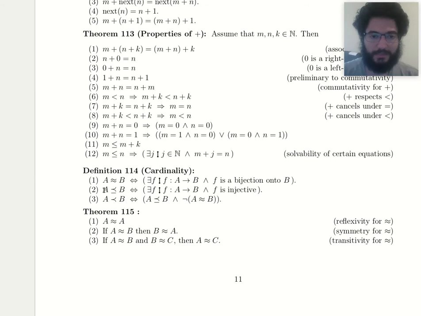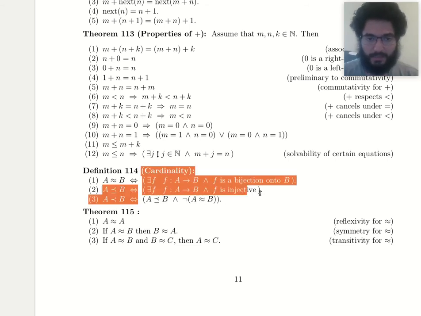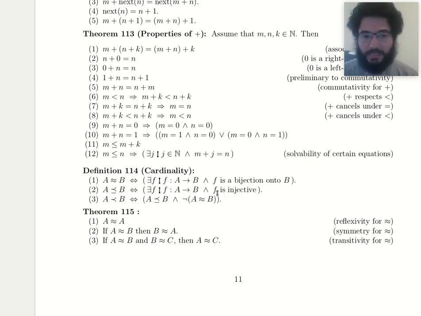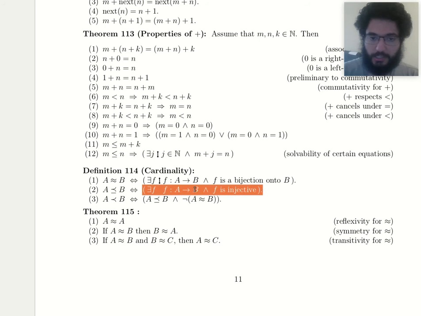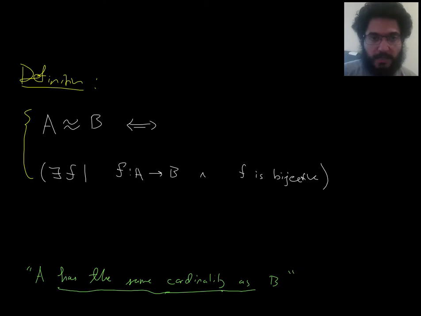Now what about these other ones? Hopefully you saw that this is pretty interesting also. The existence of an injection is pretty interesting. For there to exist an injection from A to B, so we're going to use this symbol, usually I'll just read this as there is an injection from A to B. But for there to exist an injection from A to B seems like